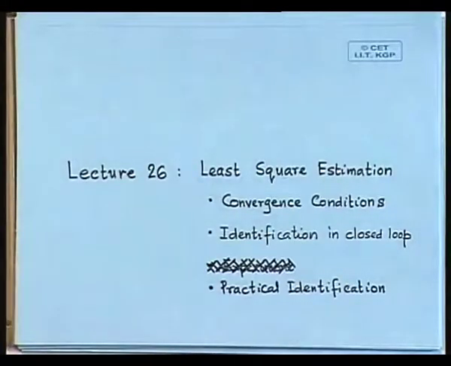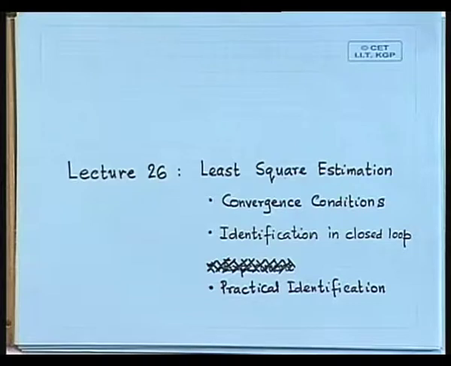So, today we are going to look at convergence conditions. We have seen convergence conditions before, but we did not see the full condition. So, we will today see that. Then we will